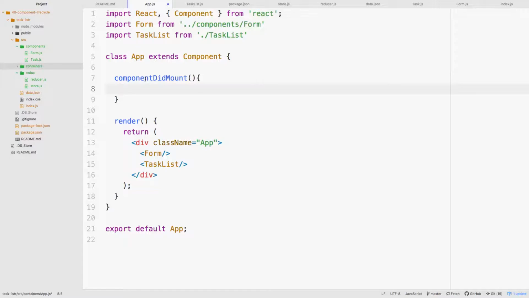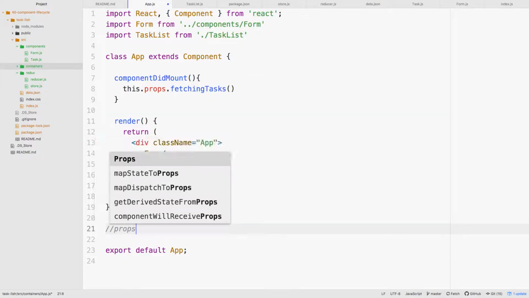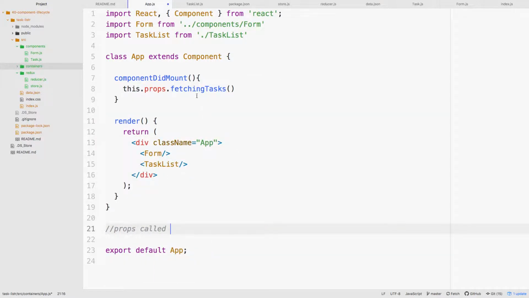What we can do is refer to some prop that is a function. So we can say this.props.fetchingTask. Fetching task would ideally be some function. So if we could have a prop called fetchingTask